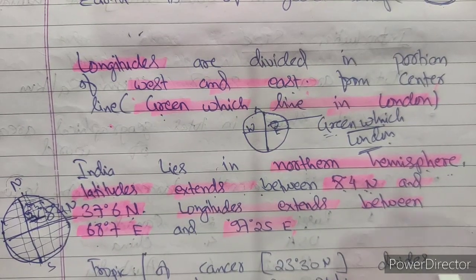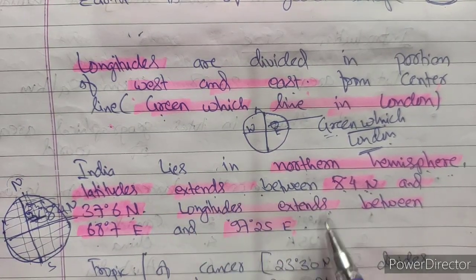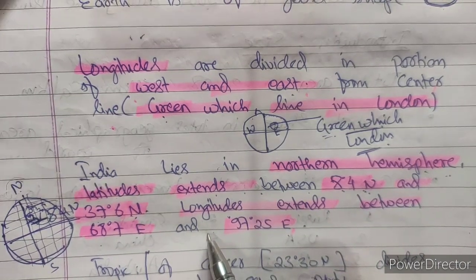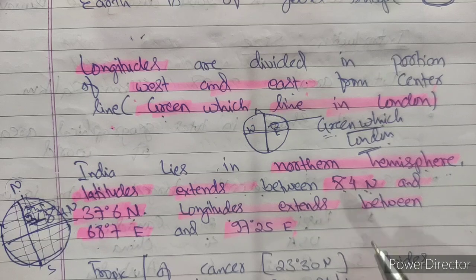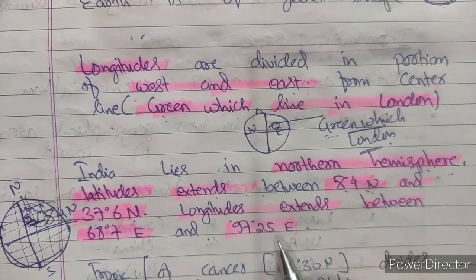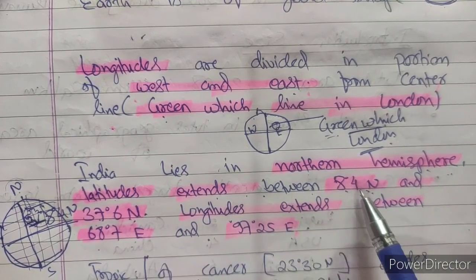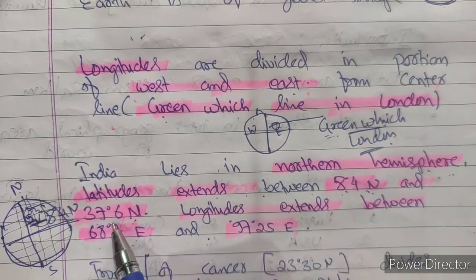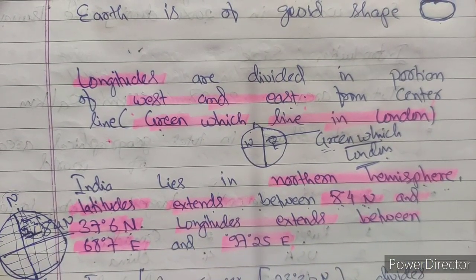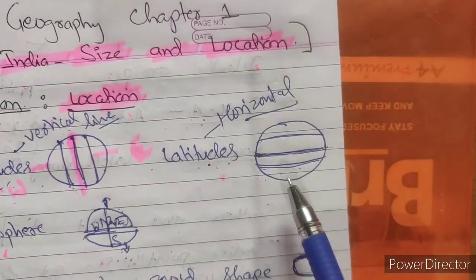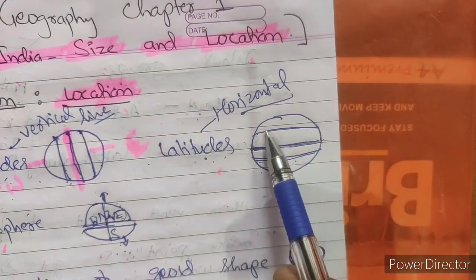So let us see now. You have to learn this because this is the actual position of India, but only learning this will not help you. You are supposed to learn with logic how this latitude and longitude work, and how India's latitude position is 8 degrees 4 minutes north to 37 degrees 6 minutes north. As I told you, India lies fully in the northern hemisphere, and latitude divides the earth into two equal parts this way.